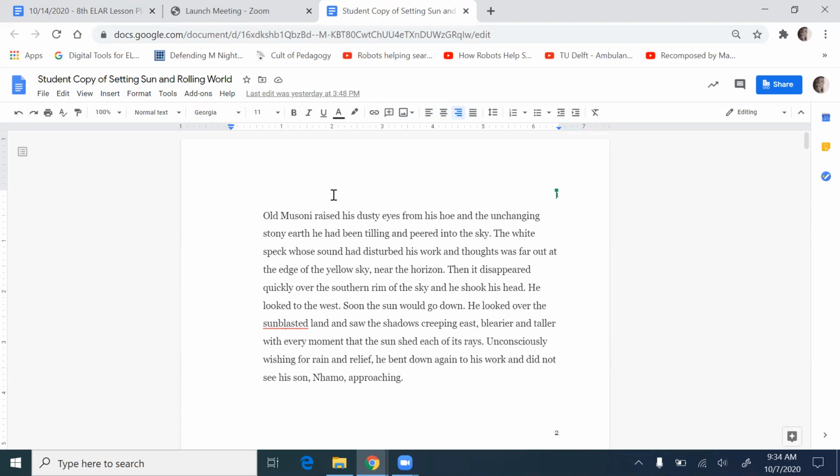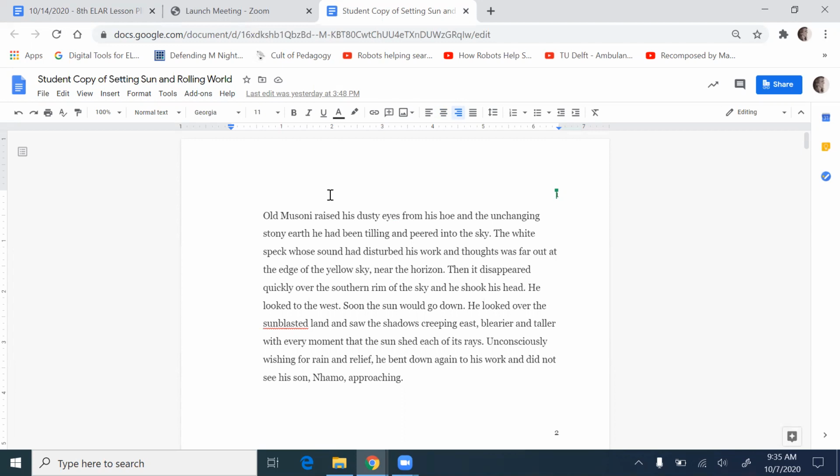He looked to the west. Soon the sun would go down. He looked over the sun-blasted land and saw the shadows creeping east, blearier and taller with every moment that the sun shed each of its rays. Unconsciously wishing for rain and relief, he bent down again to his work and did not see his son, Namo,